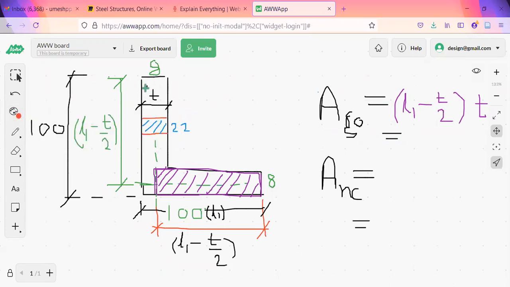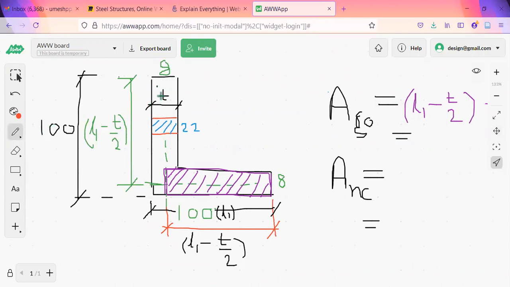So this rectangle, see this. The rectangle is here. It is not net, it is the complete area. I have not subtracted anything right now. I'm showing you the complete rectangle area. Now what is the area here? L1 minus T by 2 into 8 is whatever I have hatched with the red color. See, that is all that area. I think you agree for this.